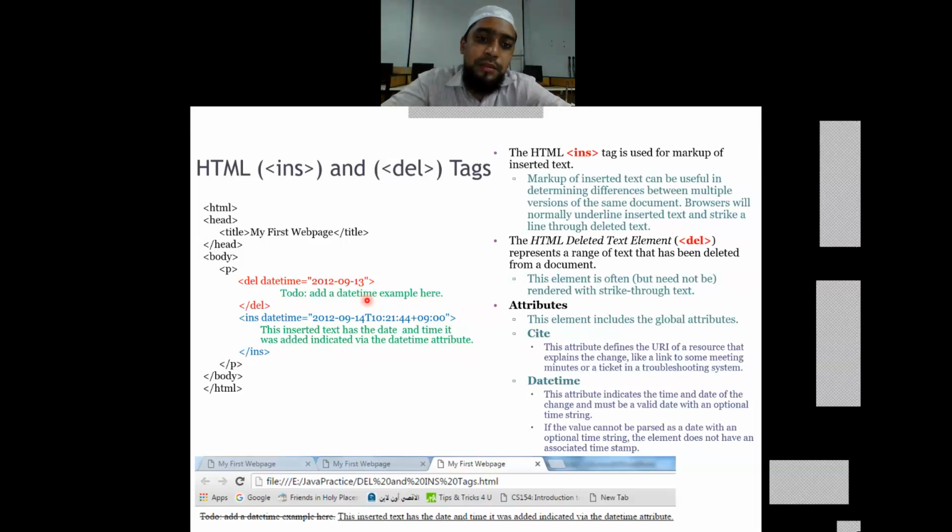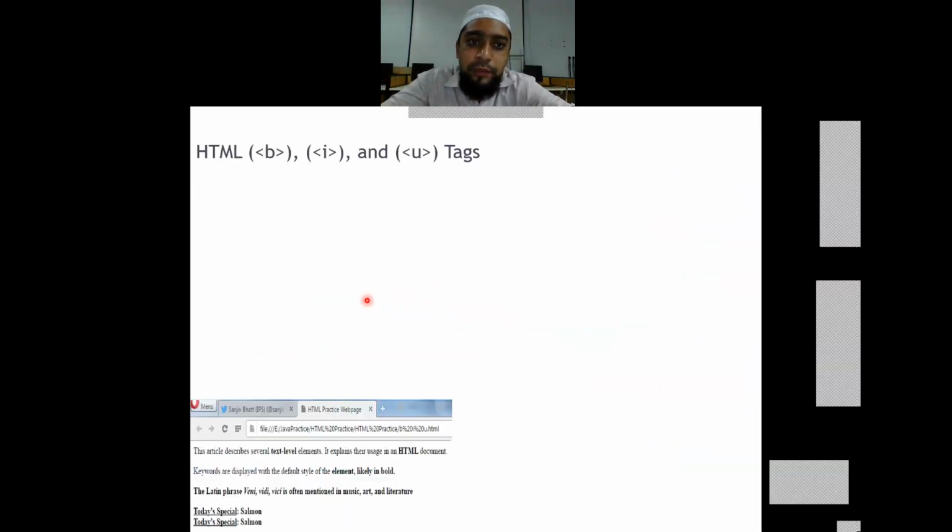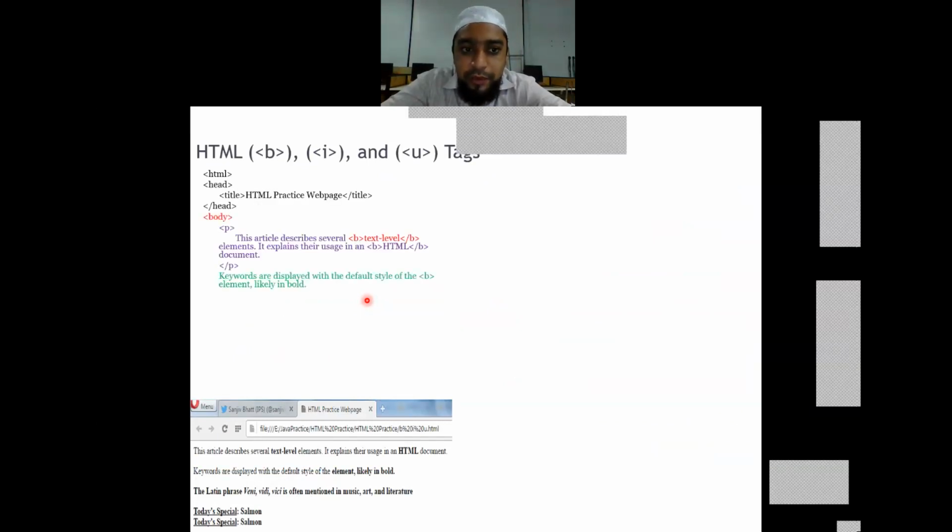Coming next, we have got bold, italics, and underline. These things are very simple. If you want to keep any text in a bold or italics format, then you can do it using the B and I tags. For example, here I have to write text level.